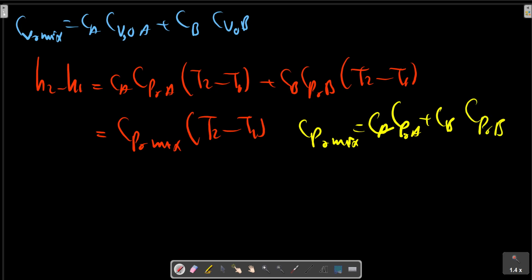P. The entropy change for a single component was calculated. Before we substitute this relation, we can write S2 minus S1